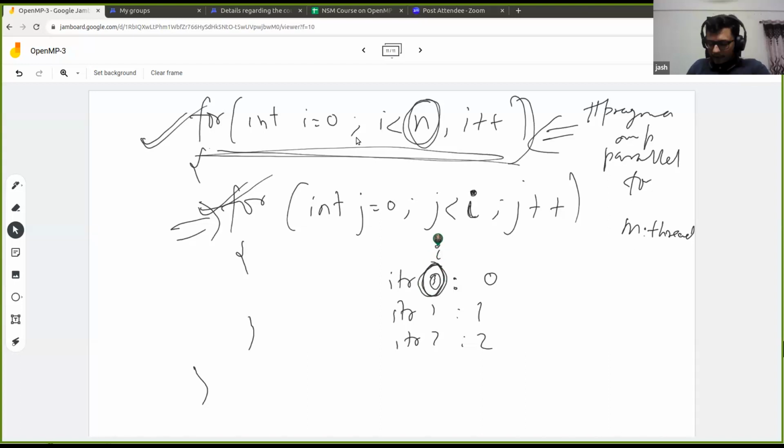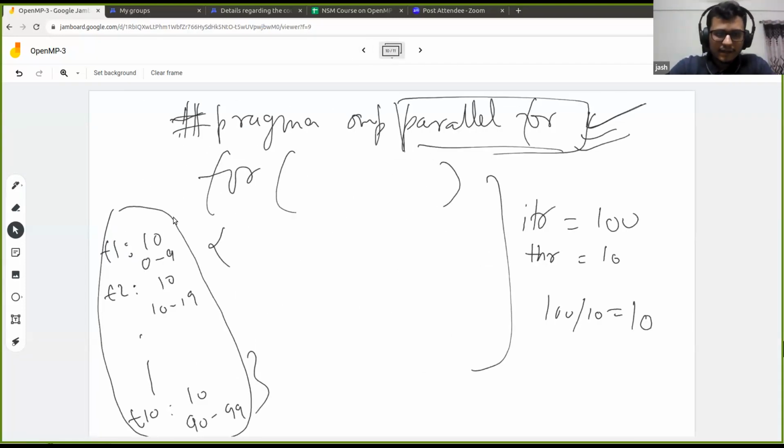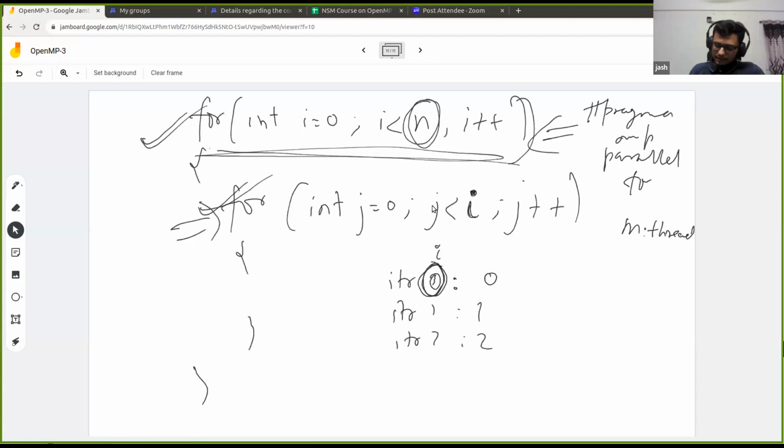So what might end up happening in the way we schedule, as we saw here, right? This way of scheduling, where the first 10 iterations are assigned to the first thread, the second 10 iterations to the second thread, and so on. What issue can happen here is that, let us say n was 100, and m equals 10. Then assigning the first 10 iterations to thread 0 and the last 10 to thread 9 will lead to an unequal amount of work being distributed among the threads, right?